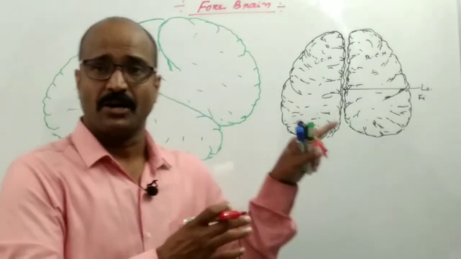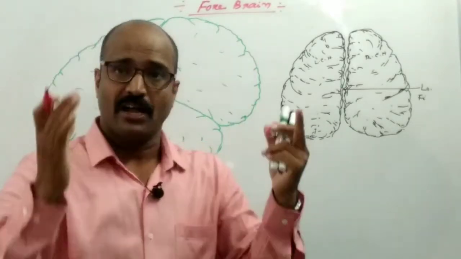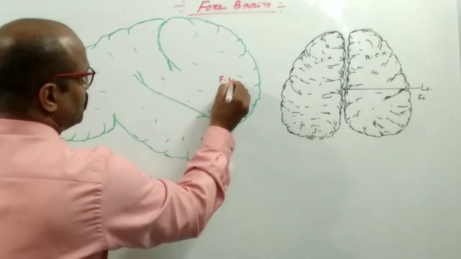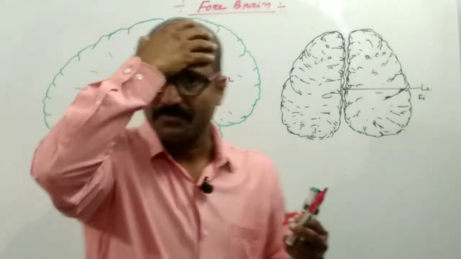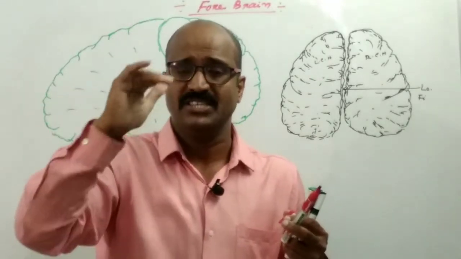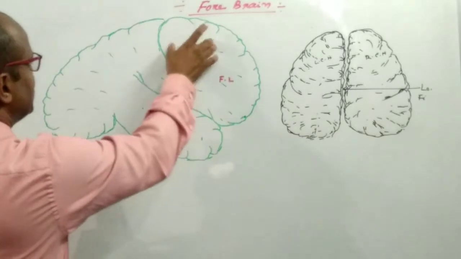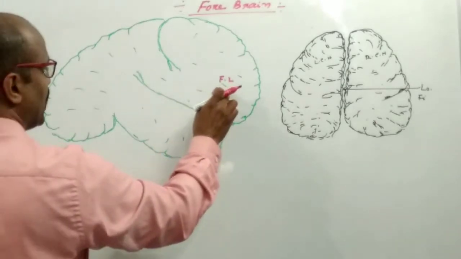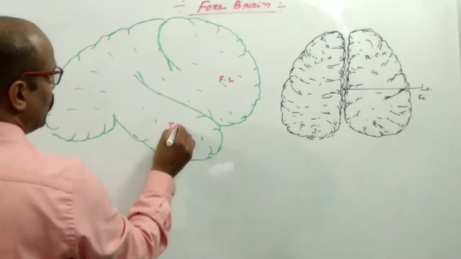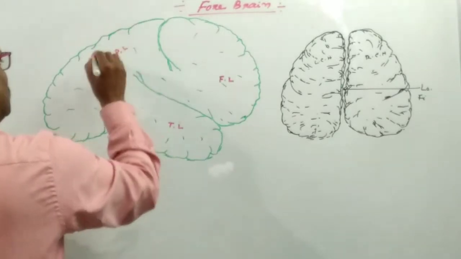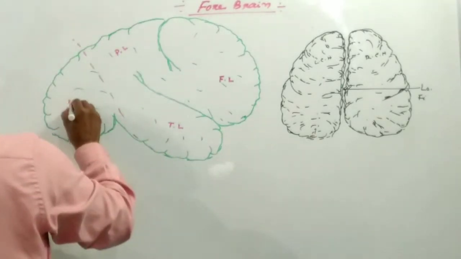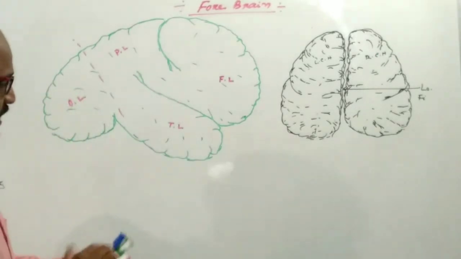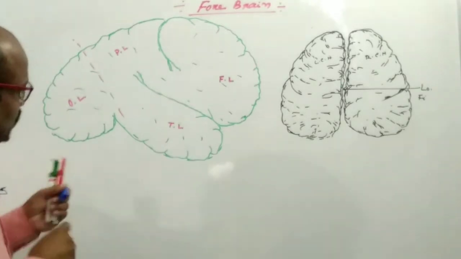given on the basis of the corresponding skeletal bones. Suppose this is the frontal lobe. The frontal lobe is present below the frontal bone of the skull. So each lobe is named on the basis of the corresponding bone of the skull. This is the frontal lobe, this is the temporal lobe, this is the parietal lobe, and the posterior is the occipital lobe. So 4 lobes are present, but here another lobe is also present,